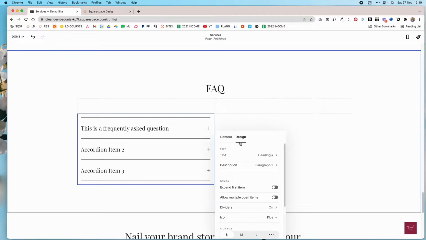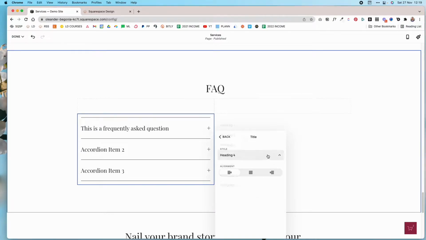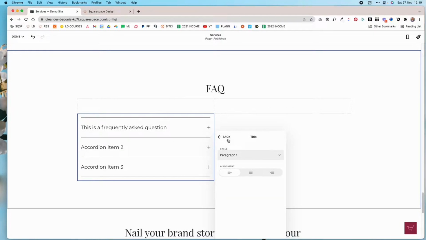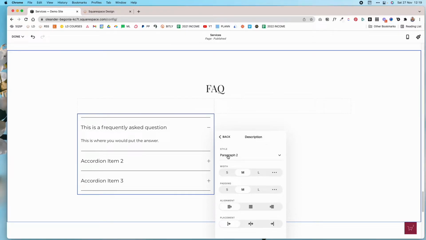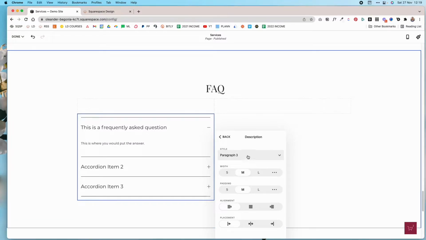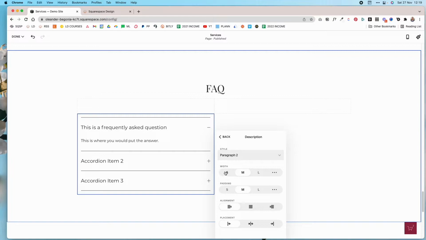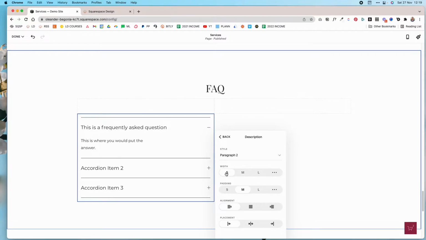And then for the design, you can choose the size of the title. So we can set this for heading 1, heading 2, heading 3, or whatever size text you want. And then for the description, you can choose between paragraph 1, 2, and 3. I like to set it as paragraph 2 or 3. And then you can choose the width of the answer,